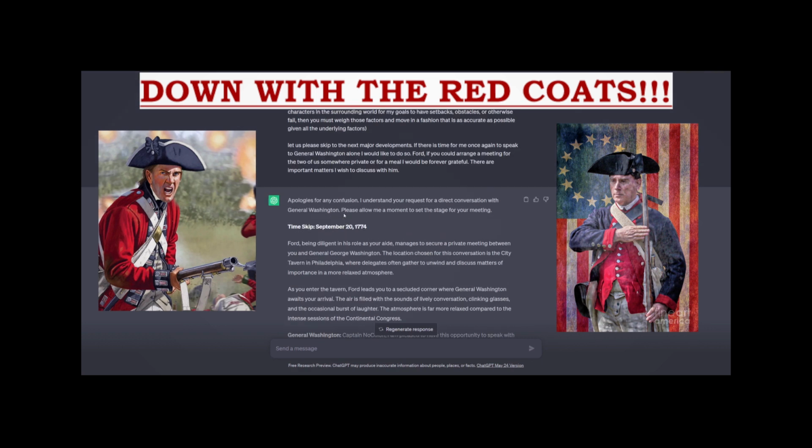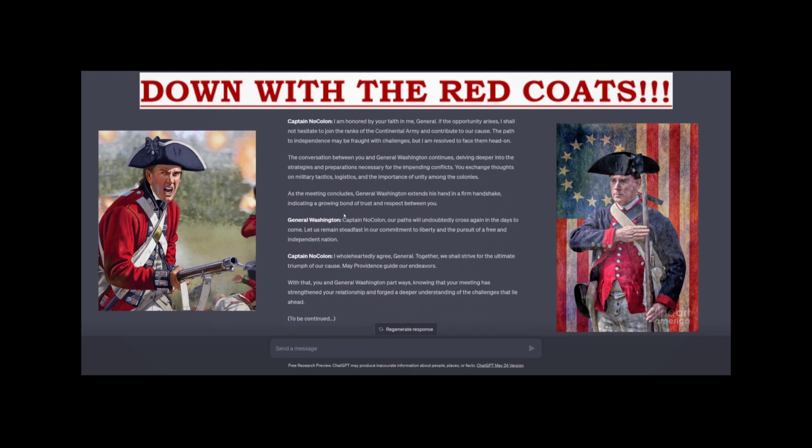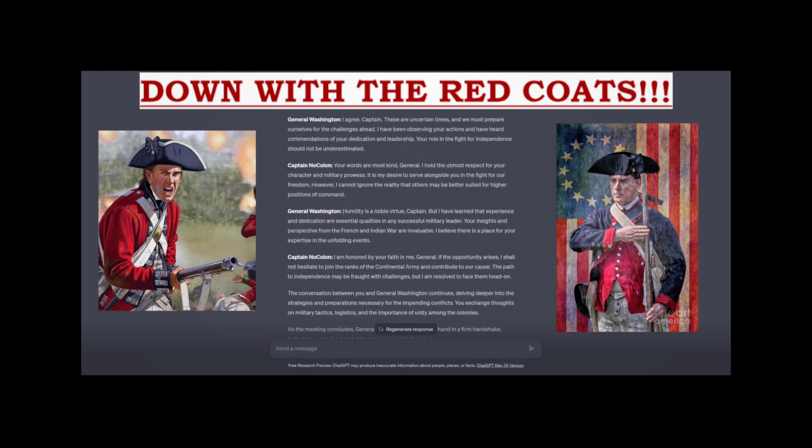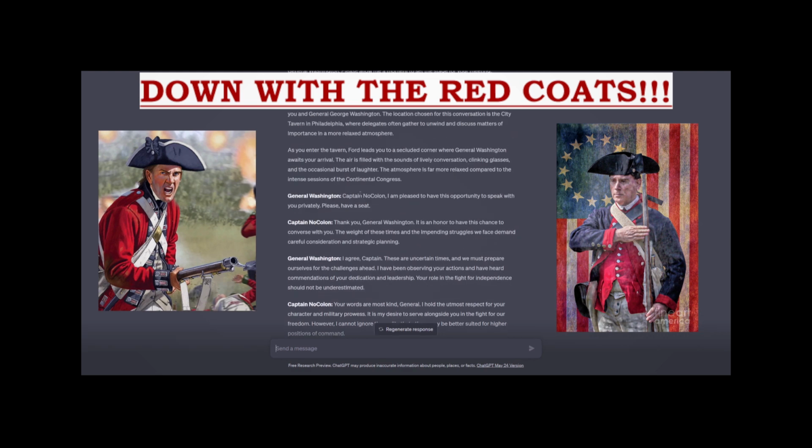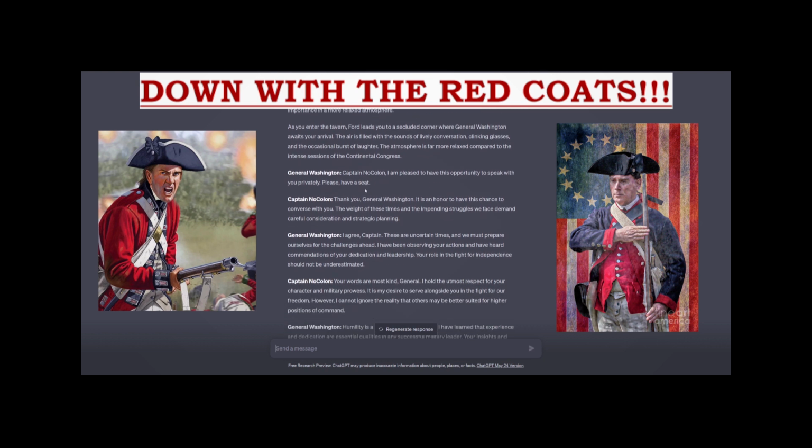What I would ultimately like is for General Washington to still be the overall commanding general of the Continental Army. That way the AI will likely have a better time performing in a more historically accurate way, and I'd like it to place me in a position of lesser power, but nonetheless a position where I can carry some weight and influence, and also make things interesting. So captain is a good rank for that. There are a few ranks higher. Even a low level general would probably be very interesting and cool. So let me just say,